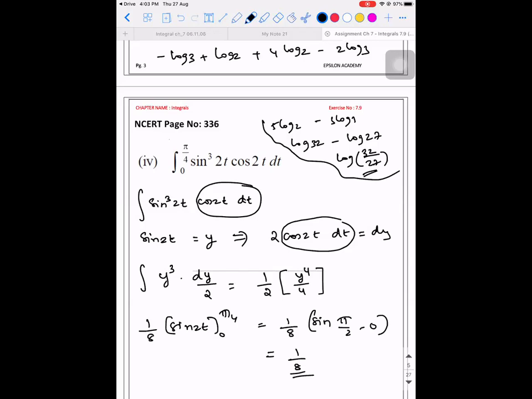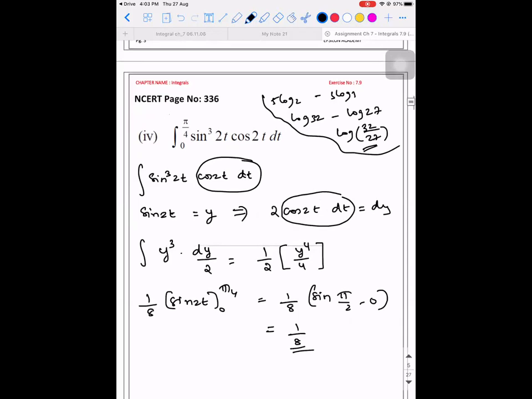Okay. So what you're asking is called the substitution method. As of now, I didn't go there. I was about to teach. After I explain this, you'll understand. So as of now, Kritika, remember, I didn't apply limits anywhere. I've just done indefinite integration. Then again, I brought the question back to the original variable t, and then I substituted the limits.